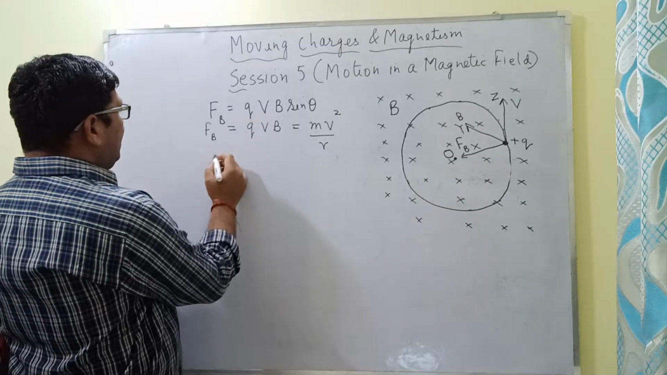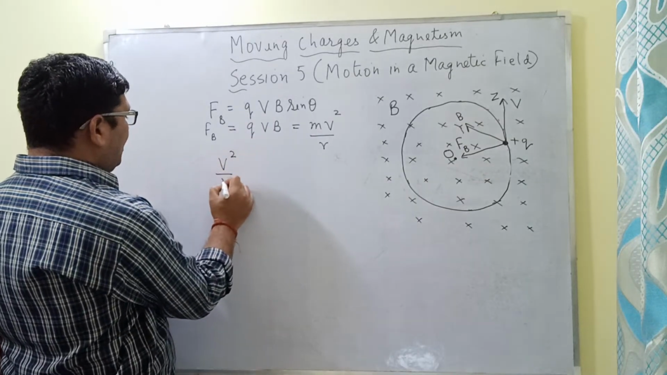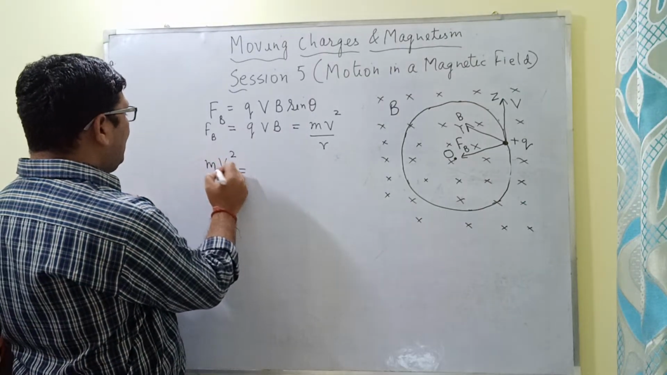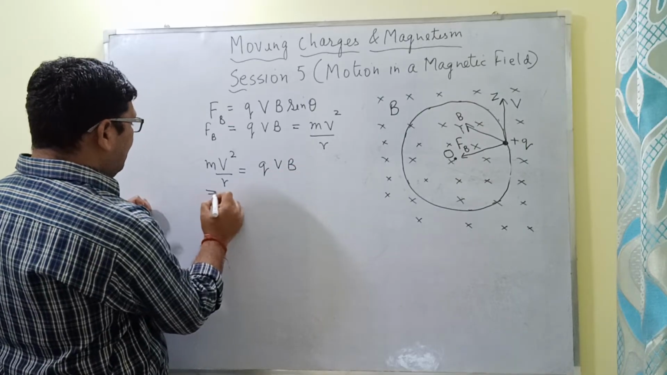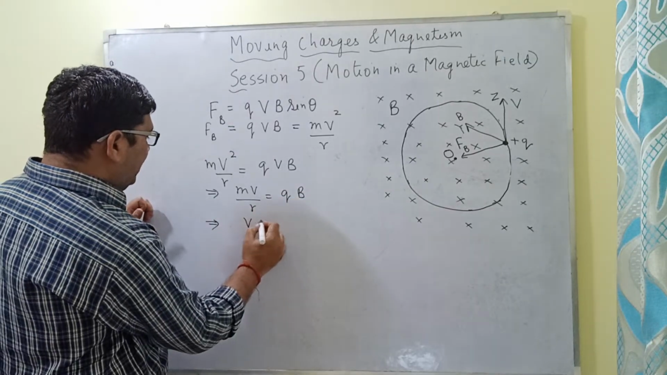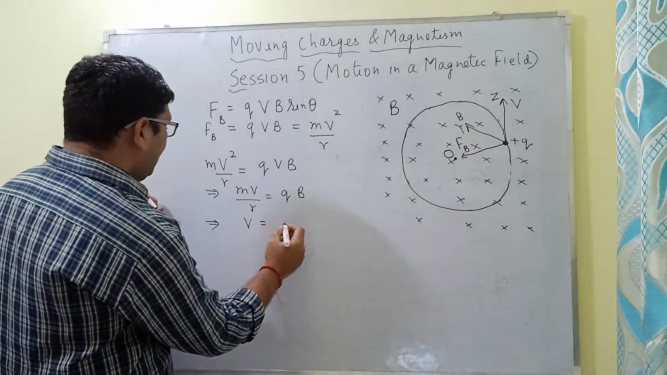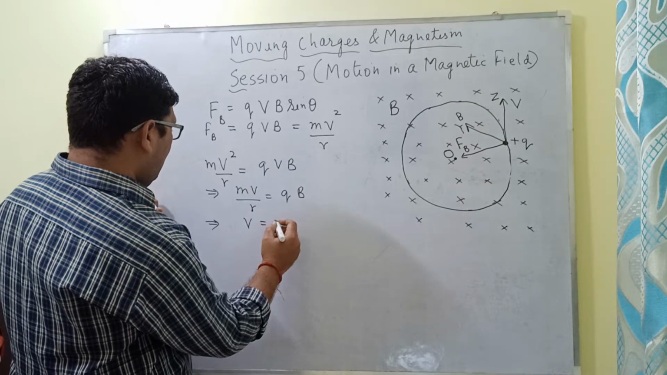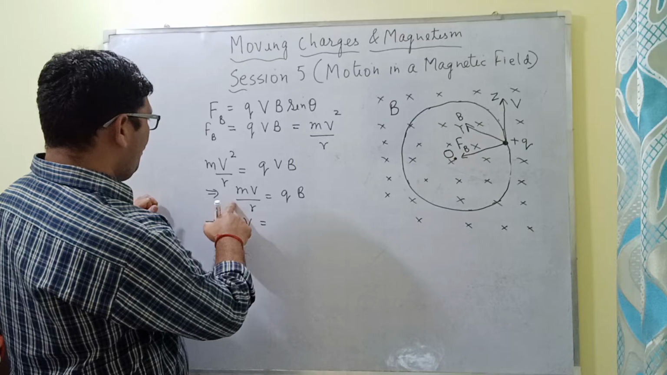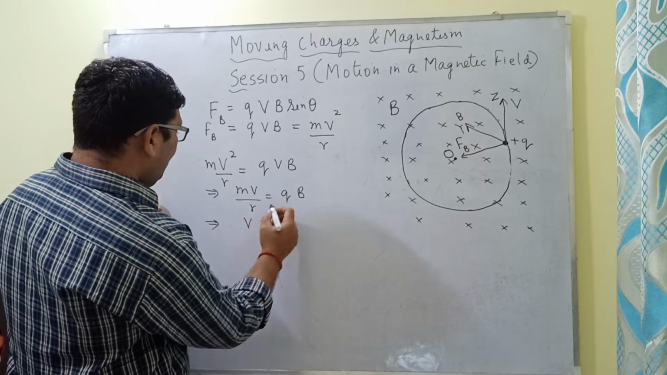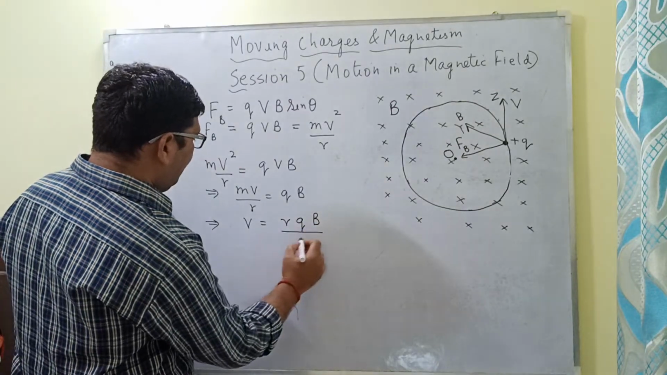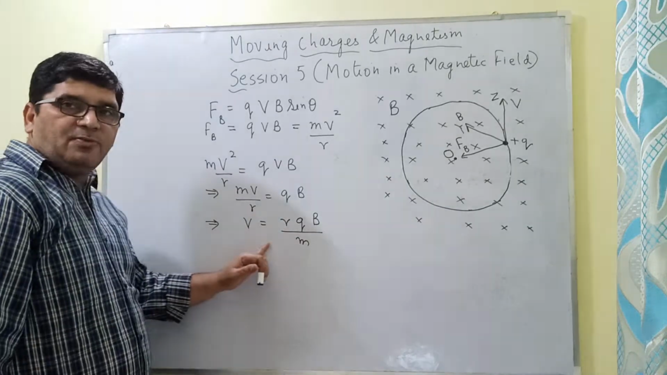Now, from this equation, what we get is that mv square upon R is equal to QVB, or it implies that mv upon R is equal to QB, or it implies that V, that is the linear velocity of this charged particle, will be equal to R Q B divided by M. So this is the linear velocity of this charged particle